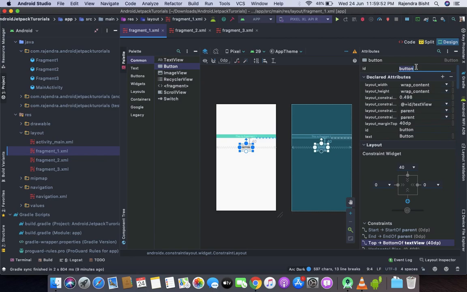Let's say the button name is fragment 1 button. Let's say move to next fragment.